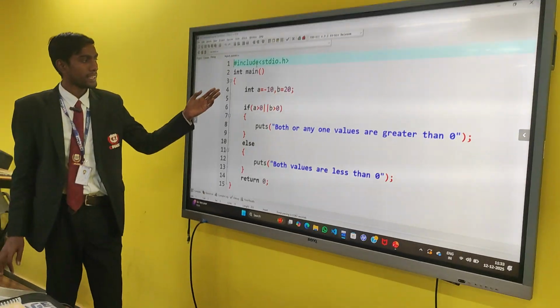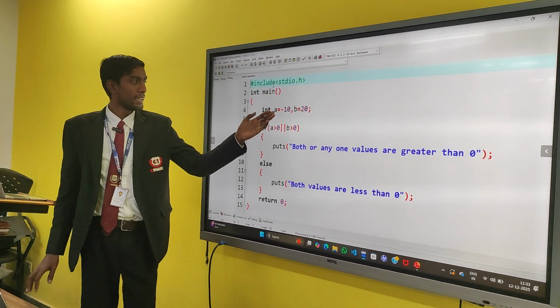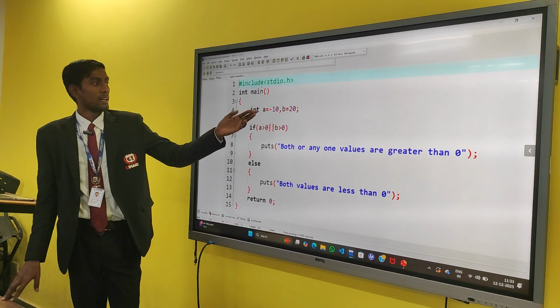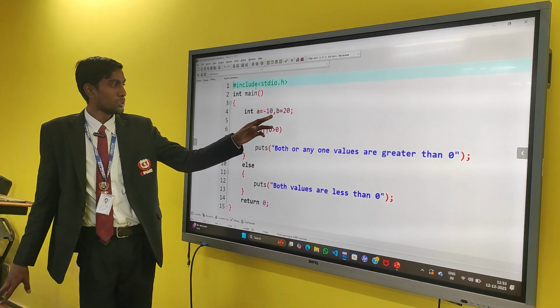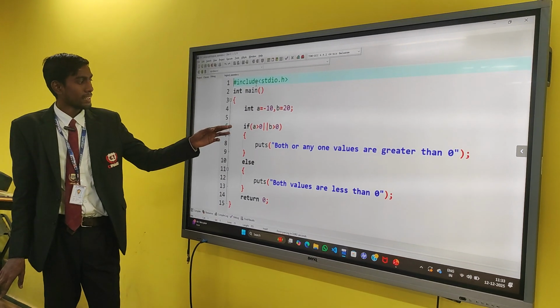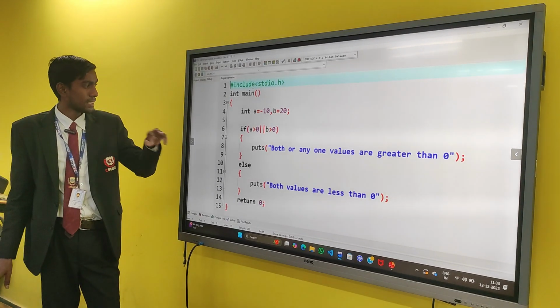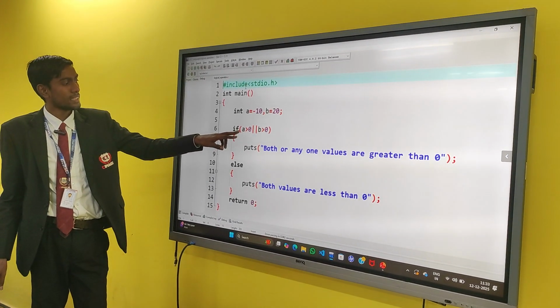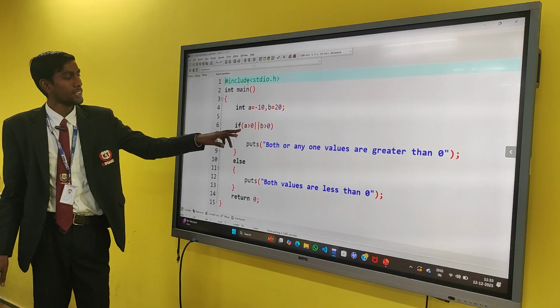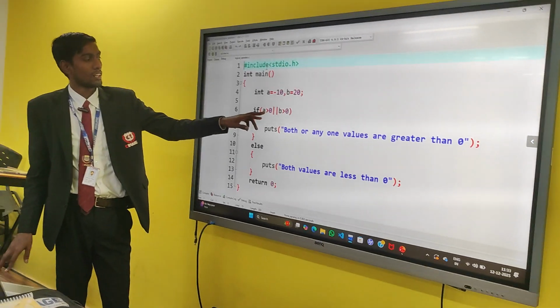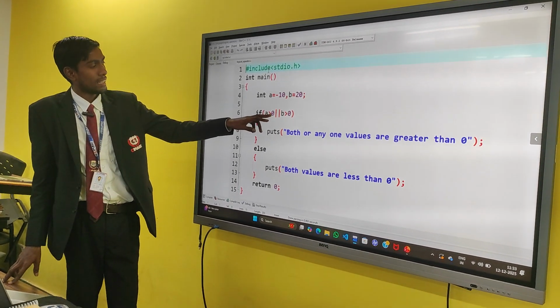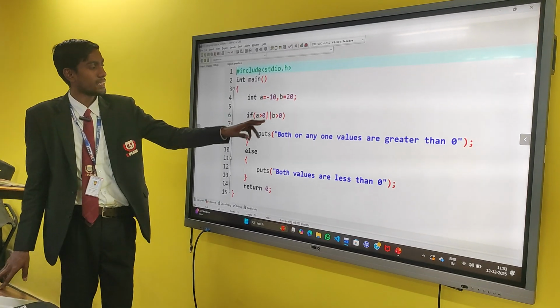Their data type is int. The value of a is equal to -10 and b is equal to 20. Here in the if condition, the first condition is a greater than 0, OR operator, and b greater than 0.